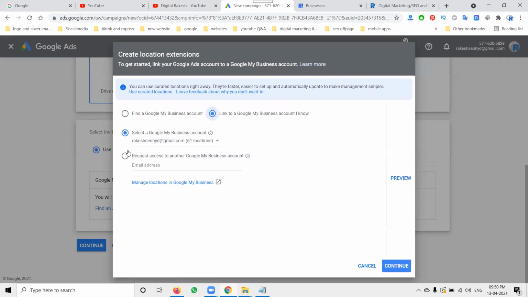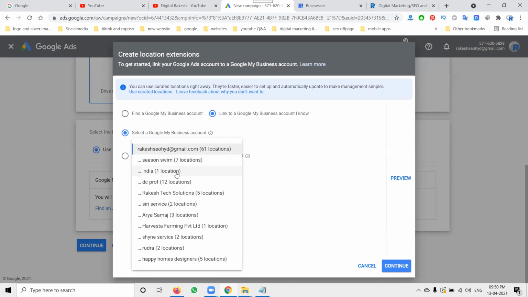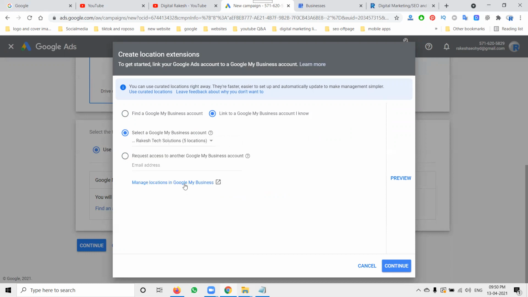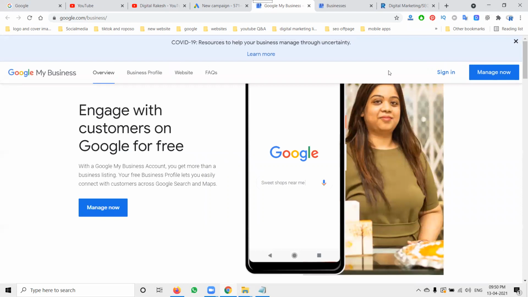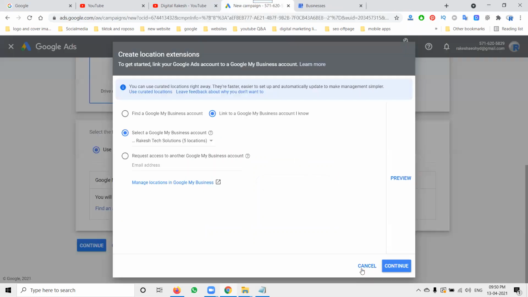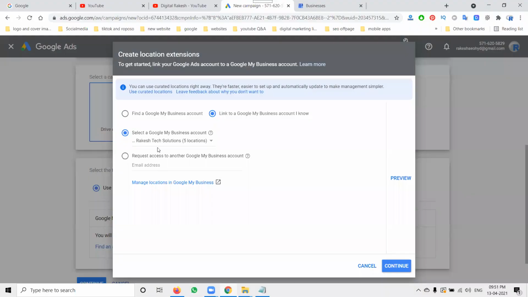So request email and select your option. Here, there are 61 locations. In these locations, we select the first location here. So this one, manage your local business. They show the particular business option here, sign into your Google business option. Now I'll select the particular map option. Now I'll go with the option here. So I'm selecting multiple locations, click continue.